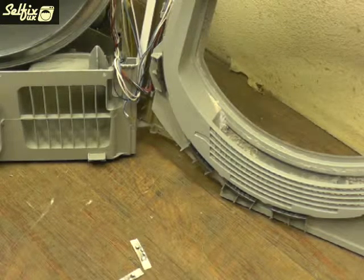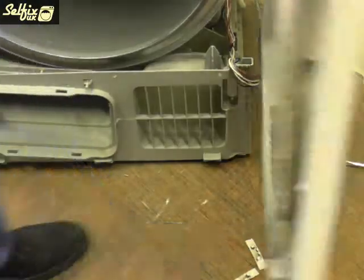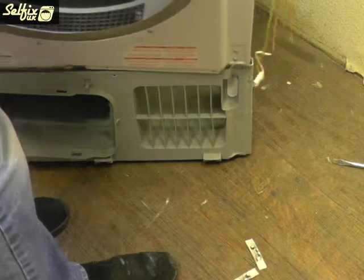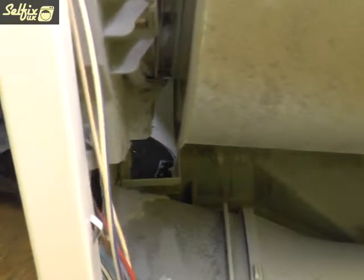You may want to clean up any dirt or loose fibre from the felt seal before replacing the panel. When refitting the front panel, you first have to locate the rim of the drum into the gap between the bearings and the felt seal. Then ease the top part of the drum over the rest of the seal before lowering the panel into the